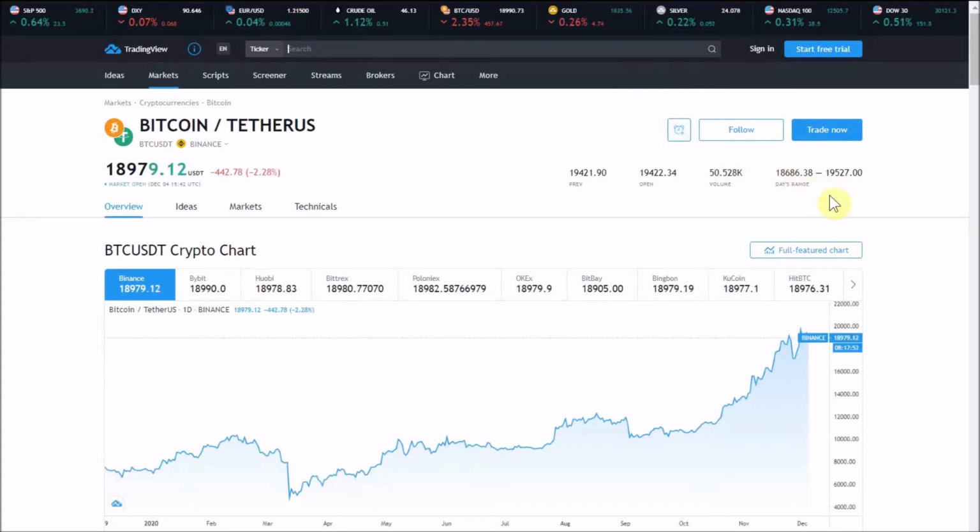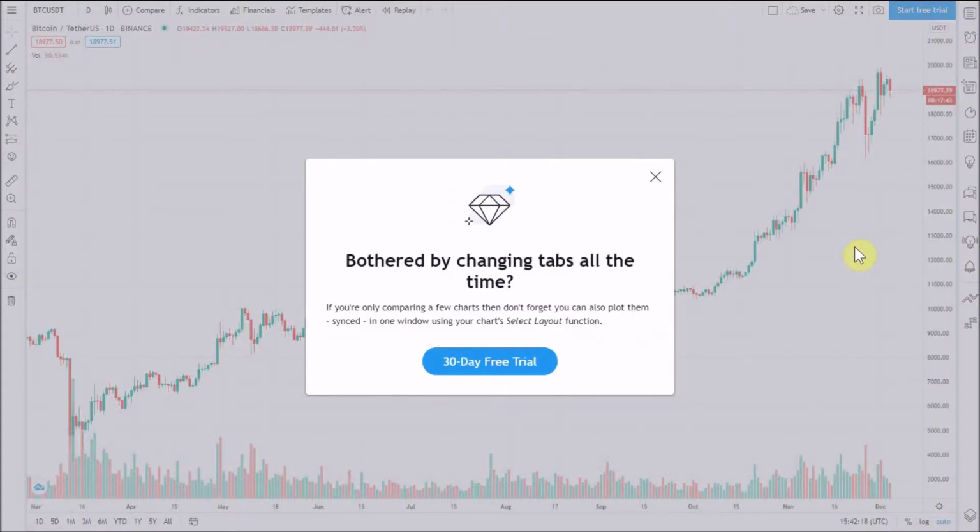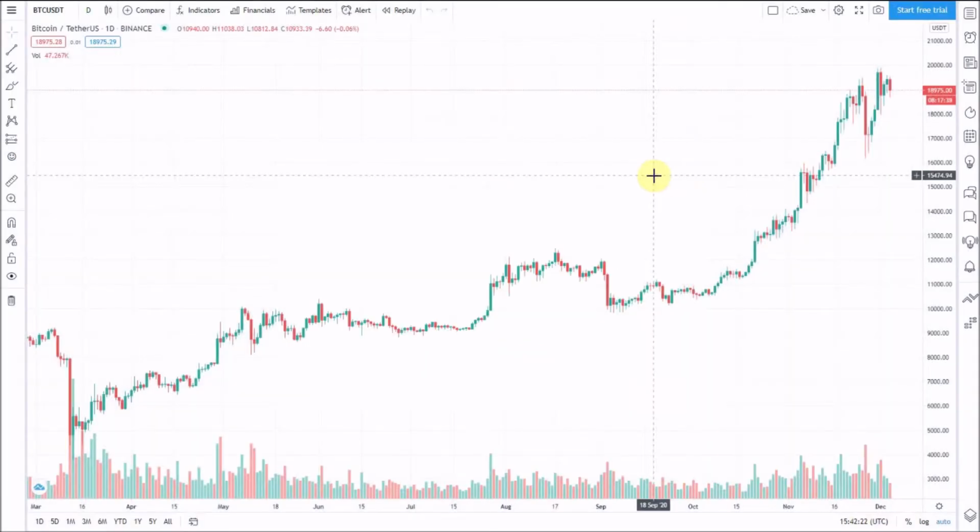But we want the interactive chart that we can save. So right here, click on full feature chart. Okay, and the first thing I notice is the white chart. I don't like that because it's really hard on the eyes when you look at charts for many hours a day like I do. So let's go ahead and change the look of this chart first by clicking on the